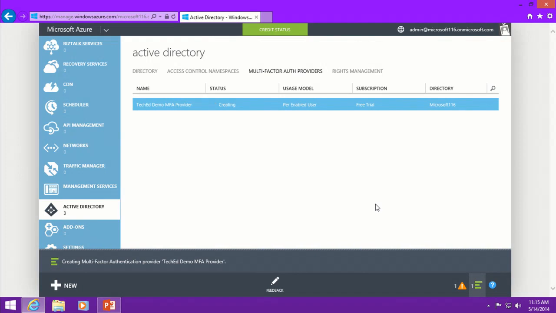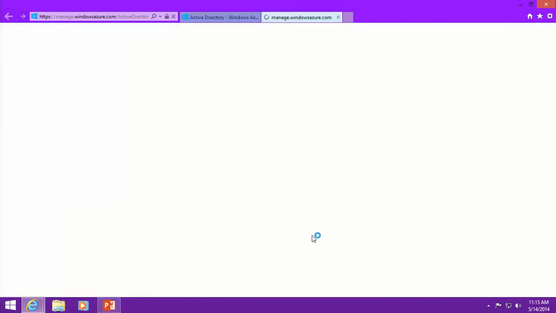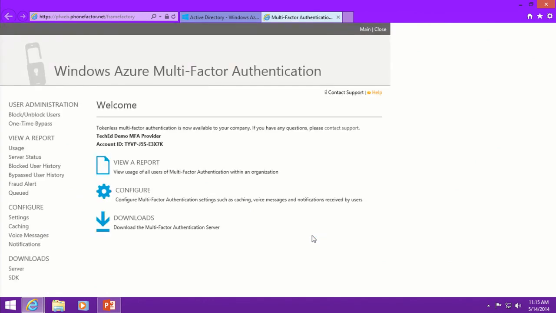So I create that. And that's it. Now I'm using Azure Multi-Factor Authentication, and I have access to all the advanced features. To access them, I can highlight this multi-factor provider and click Manage. Now I have access to the Multi-Factor Authentication Management Portal, where I can configure those advanced